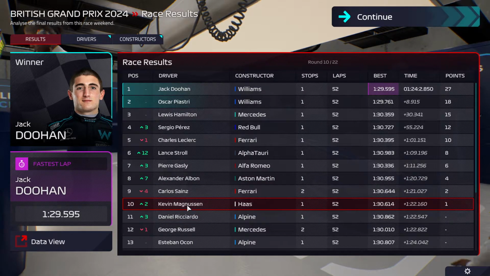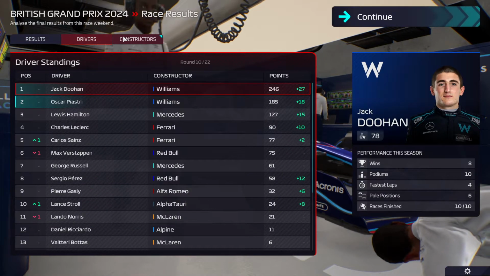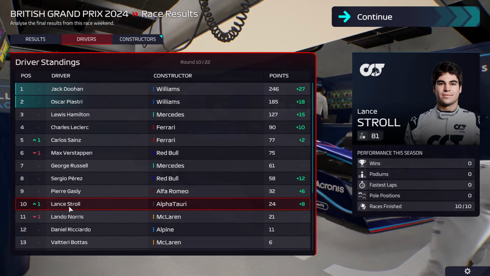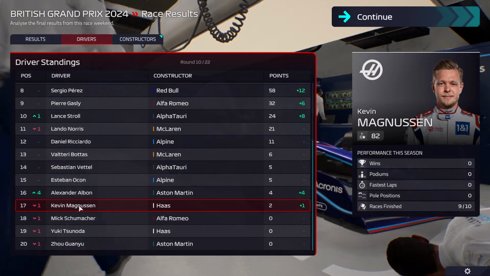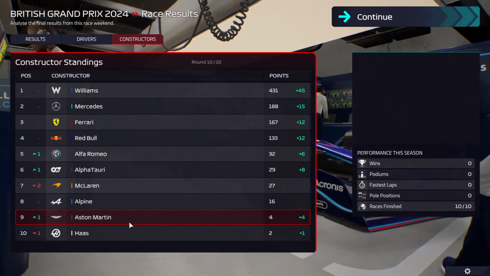Magnus also with points for Haas. So a good race all things considered. And this brings Sainz up to 5th. Overtakes Verstappen. Stroll up to 10th. He is having a decent start to the season, in all honesty. And with this, Haas now overtakes...